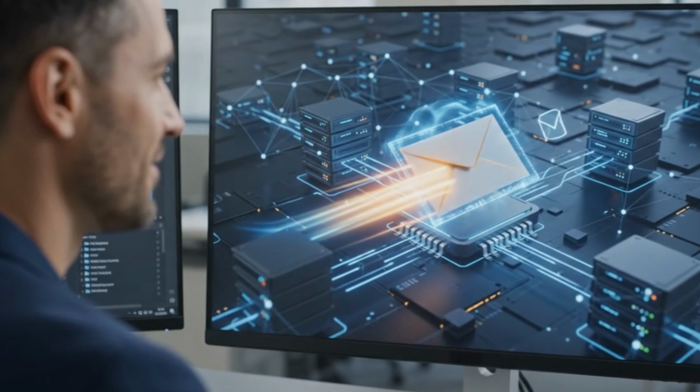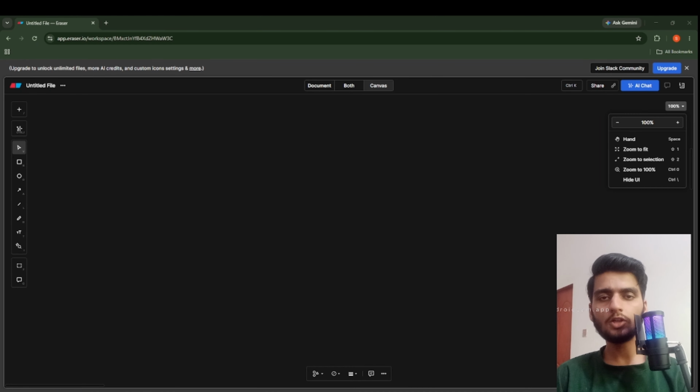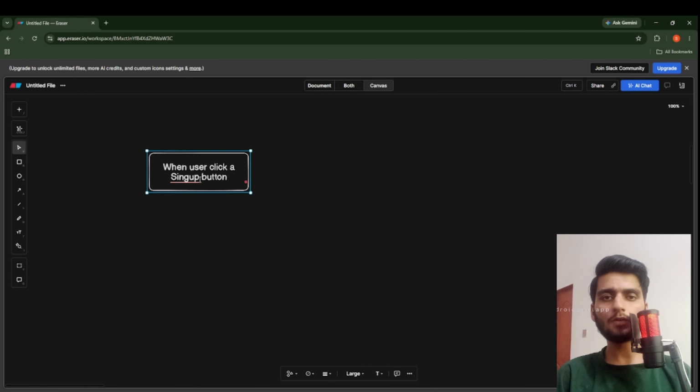To solve your curiosity, I will walk you through the process of email sending. Now I will create a diagram on Eraser and I will explain each and every step of how email sending works, so you have an in-depth overview. Now I will show you the step-by-step representation of how email sending works. It starts when a user clicks a button which triggers an email. It can be any button, sign up button, forgot password button. All the buttons which can trigger an email are included in this process.